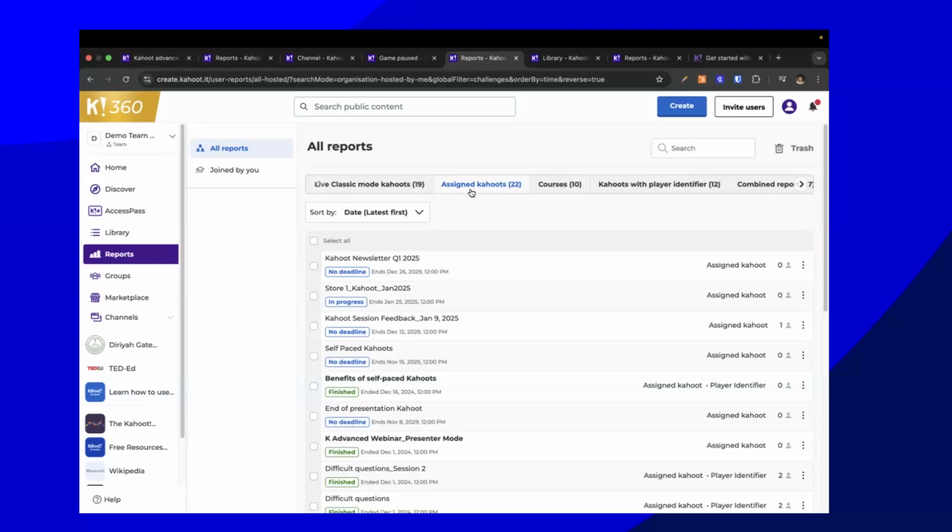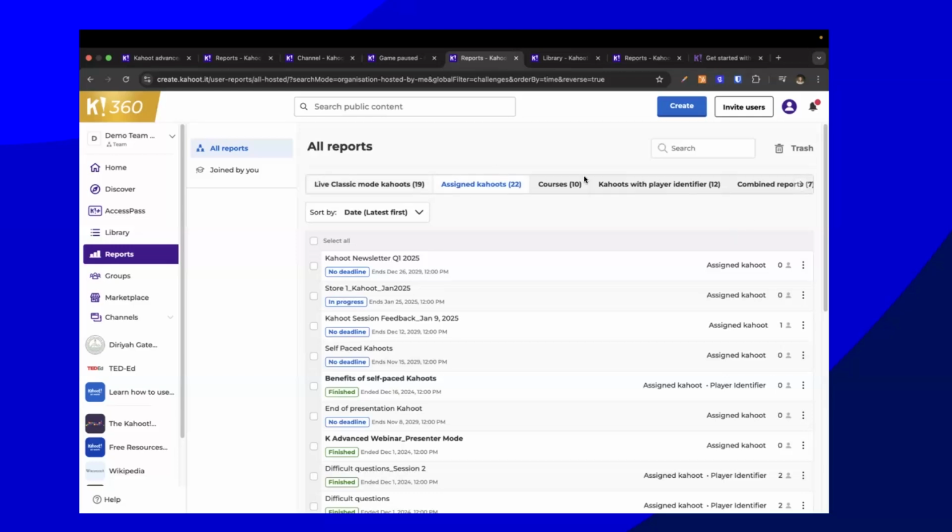Well, it's a really good way to identify knowledge gaps, track progress, and of course, you could encourage healthy competition to adapt to the needs of the learner. So what I just said may be a question coming up in the Kahoot when we get back into that. But as you can see here, there's quite a few reports that have been generated. I play a lot of Kahoots. I share a lot of Kahoots, both live and assigned.